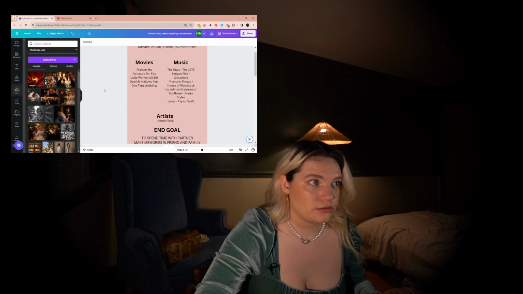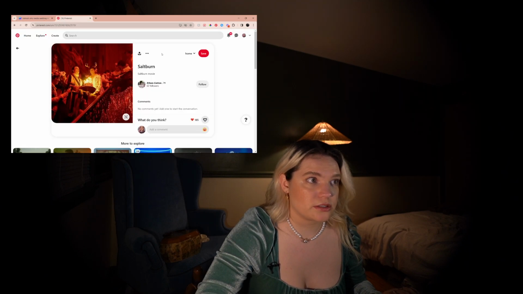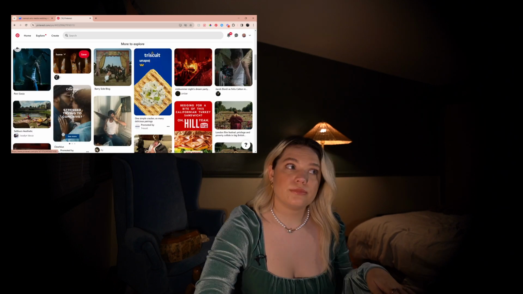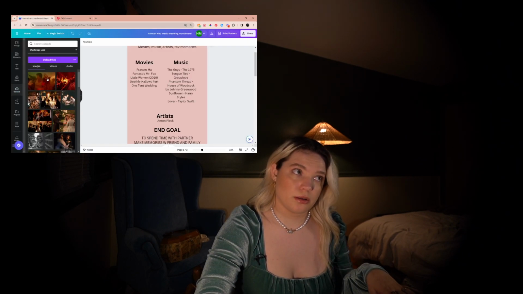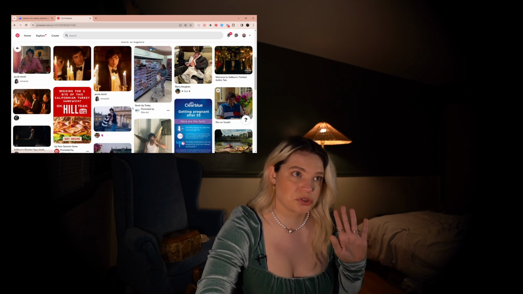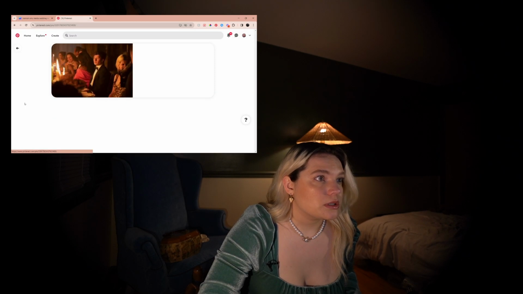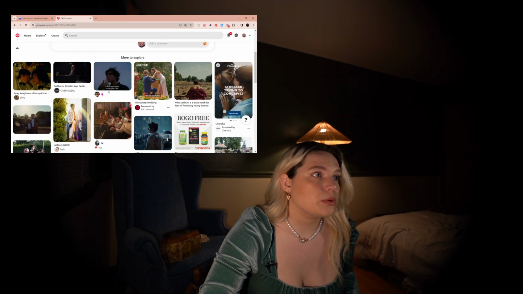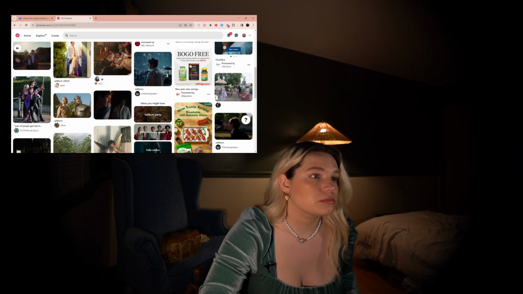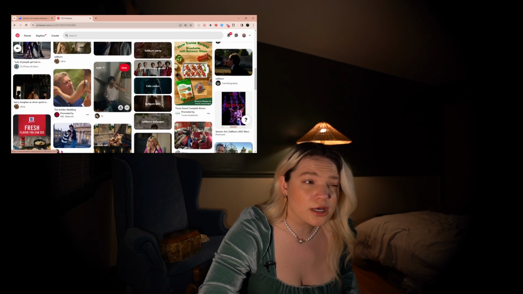Using Saltburn in your wedding mood board is crazy, but we're doing it. Emerald, the director of Saltburn, said the Tumblr girls will eat up the imagery of Saltburn, and she was not wrong. Oh, we got this one. This one's cool. He looks sad though, and he's like a murderer. Do we want murder vibes on our board?